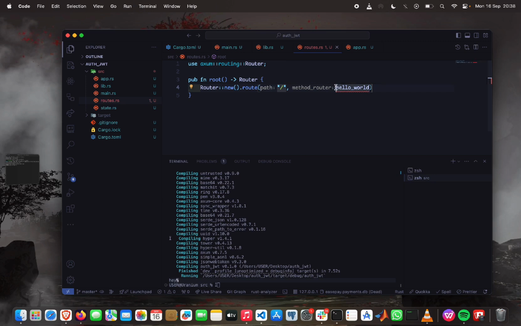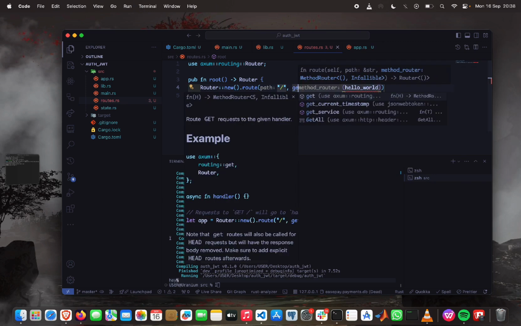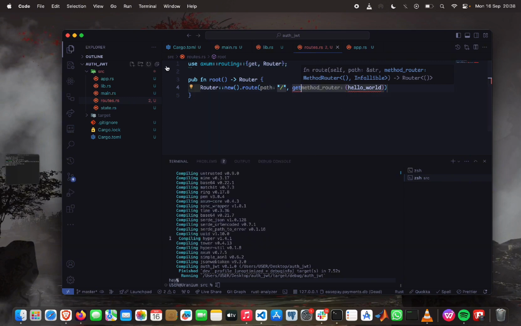And this should be a router with a get. Then this hello world function does not exist, so I'll need to create that. So let's come to